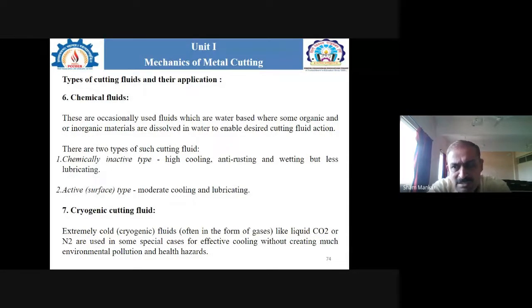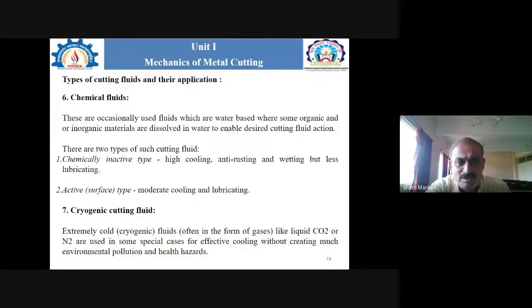So there is no effect, as we have seen, on the operator, as well as on the tool material, or on the chip, as well as on the workpiece material, or on the fixture or on the machine parts. And similarly, we expect that environmental pollution and health hazard are also considered. Once we know where exactly we are going to use the cutting fluid, the desired properties must be checked before selecting and recommending the appropriate type of the cutting fluid or the coolant.